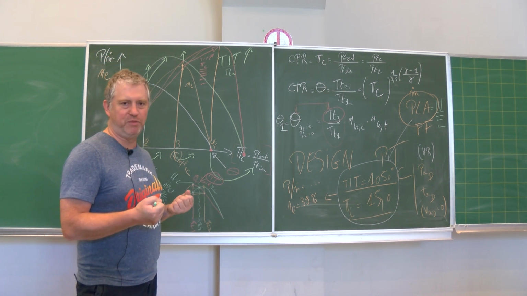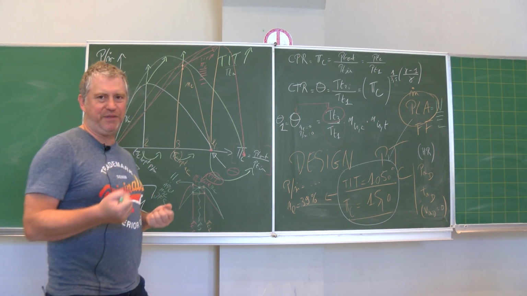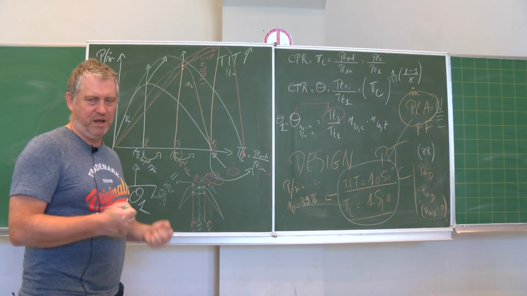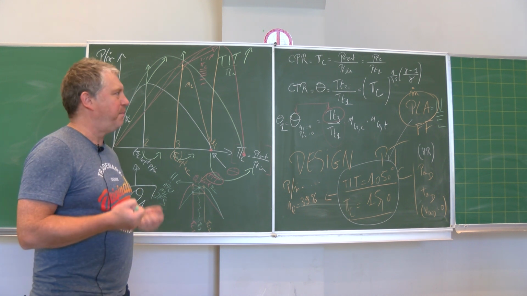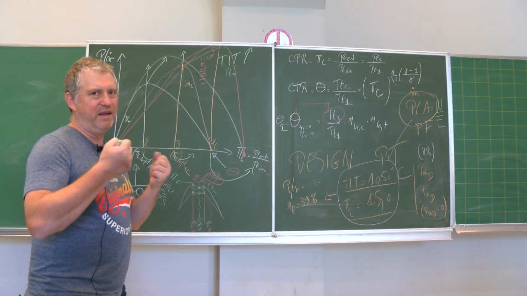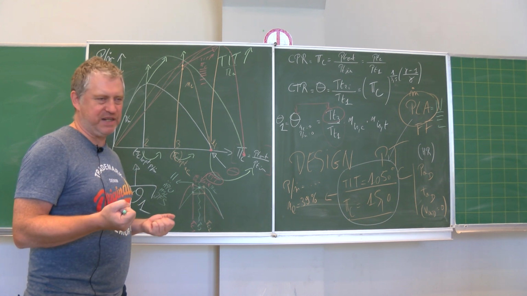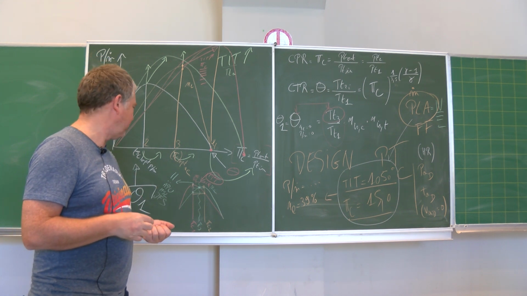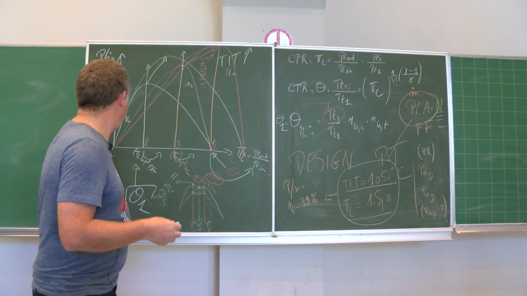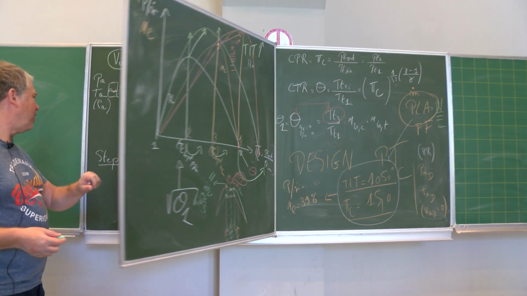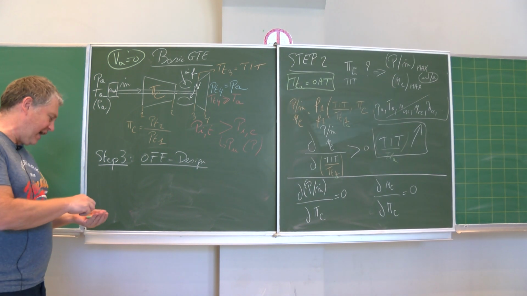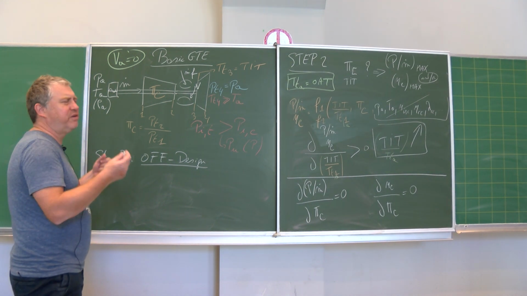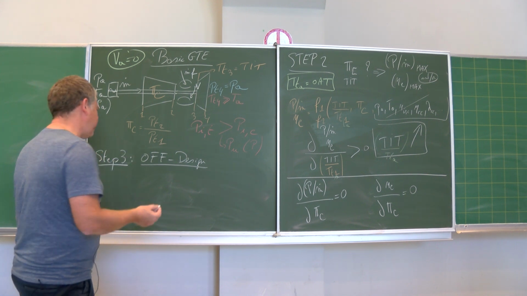It's impossible to measure a TIT. It's very difficult to measure pressure ratio. So these parameters are in theory possible, but the only one that is practically possible is the rotational speed. And so what do we mean when we say that we will change the design, that we will change the working conditions, the work